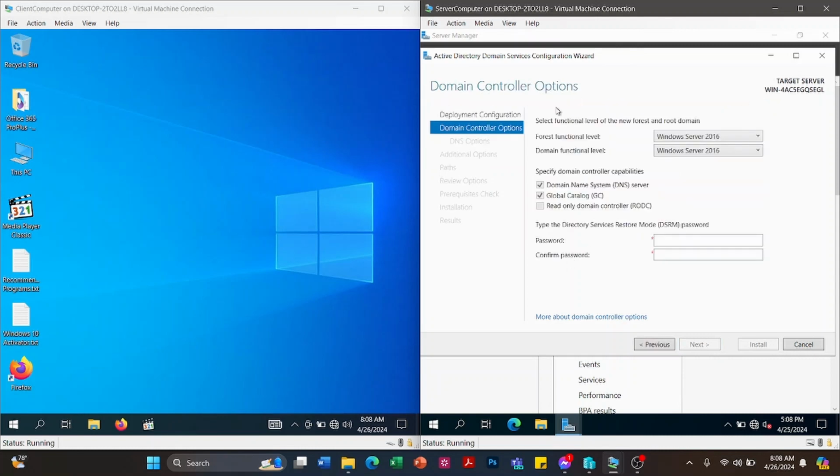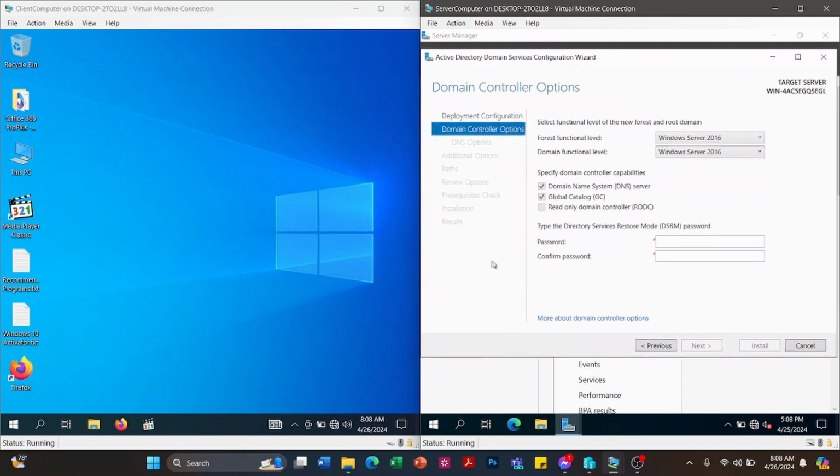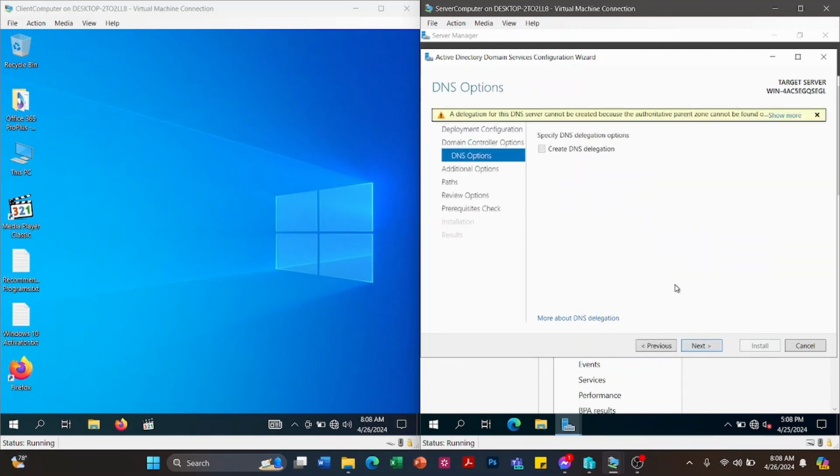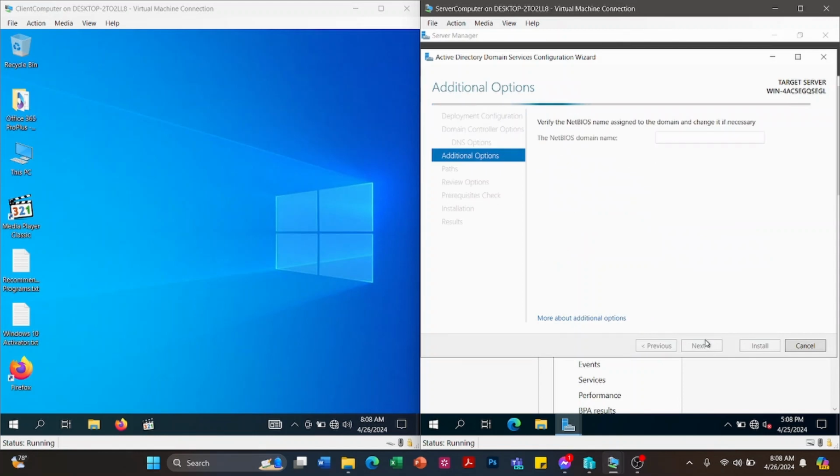Okay, so on the next window, you're going to enter a password for the domain name, which is ginebra.local. So as per instruction, we're going to create the password 1 plus. Okay, so just enter the password 1 plus. Make sure the password and confirmation password are correct, the same. Okay, then click next, then next.